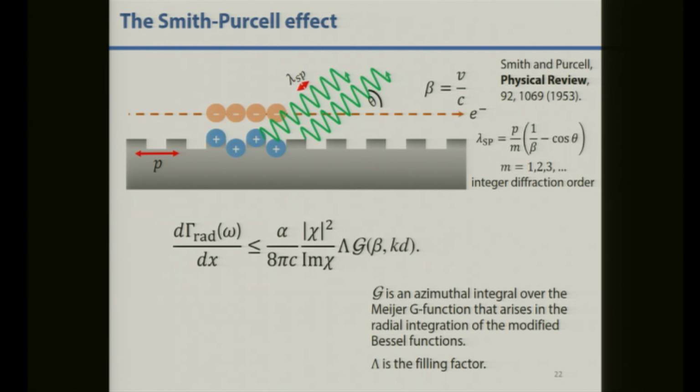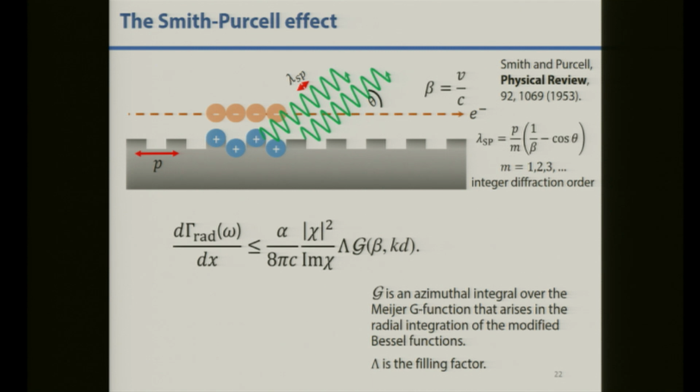free electron spontaneous emission in a more concrete manner by using the Smith-Purcell effect, where you have a periodic structure and your electron is flying by parallel to this periodicity, and this electron induces polarization near the surface of the structure, which behaves as an antenna array that can constructively or destructively interfere into the far field. And the radiation wavelength as a function of the electron velocity and the periodicity of the structure is given by this simple Smith-Purcell formula, which is nothing but momentum conservation.